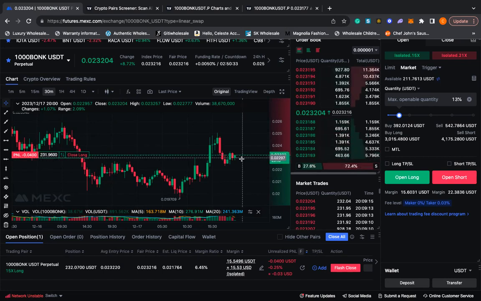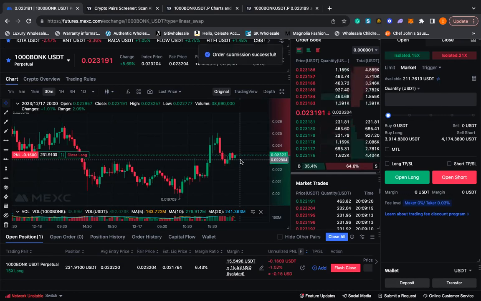For instance, I like to put my limit order at the bottom of wicks. So in this case right here, I will put my limit order at the bottom of this wick because this is a point that the market's already retracted back to more than once. And the market always tends to go back to points it already hit more than once. Now, if I didn't have a wick here to bounce off of, I would bounce off the wick of this red candlestick or this downward market. So I'm gonna put a limit order right here at